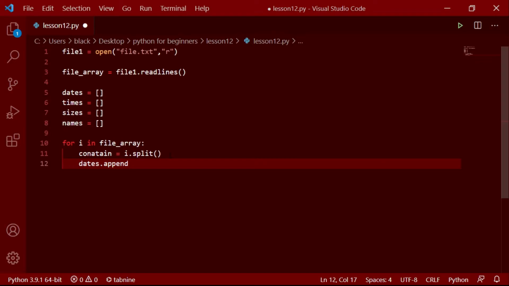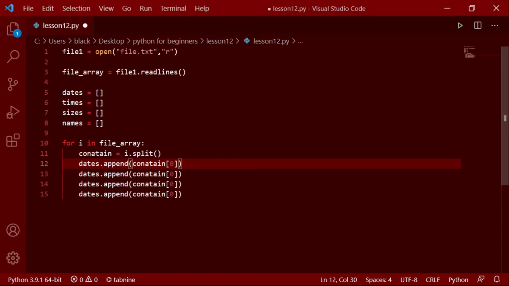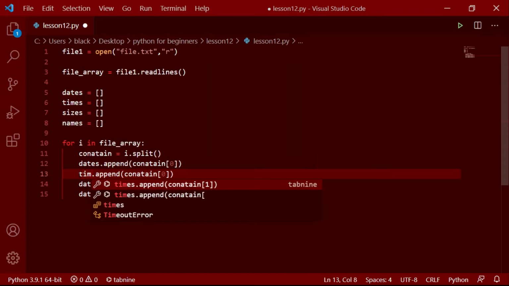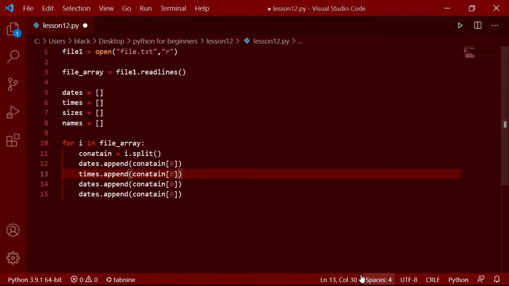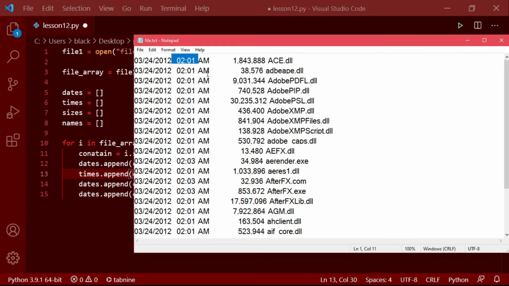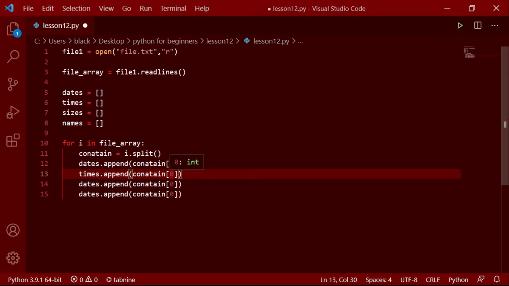We type this dates.append, then contain, and its 0th index. Likewise we have to give the other 4 items too. Here it is times.append. We have to give this first index and the second index to times. To do that, I give here